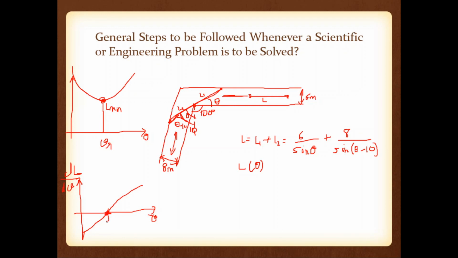So you can see that dL by d theta is crossing this 0 value. So this is nothing but theta, which is the root of dL by d theta. Why is it a root of dL by d theta? If you say f of x equal to 0, the value of x where f of x equals 0 is known as the root of f of x, and we can label it as x r. Similarly, this is theta r, and at this particular point dL by d theta is 0, meaning theta r is the root of dL by d theta. And at that theta r, this L is minimum.